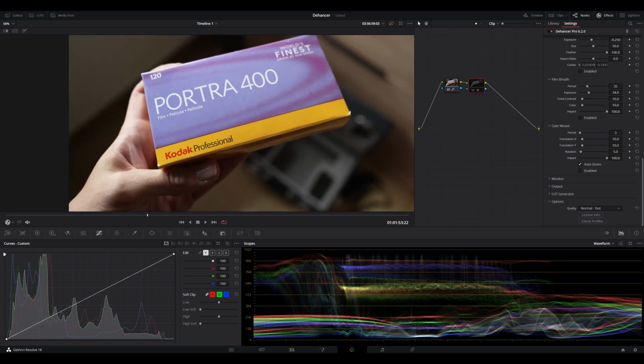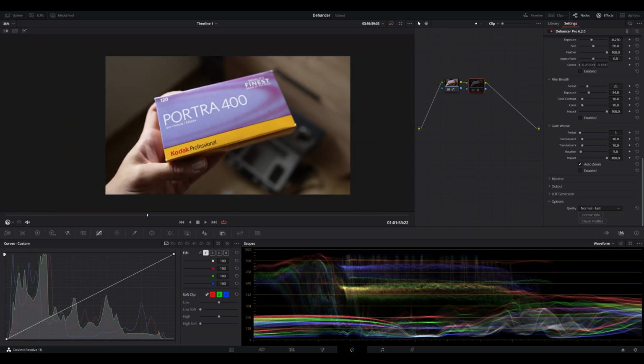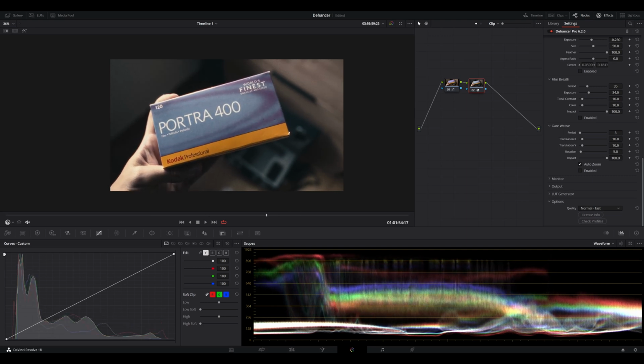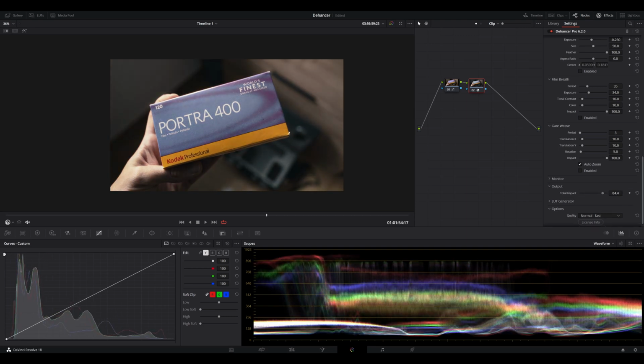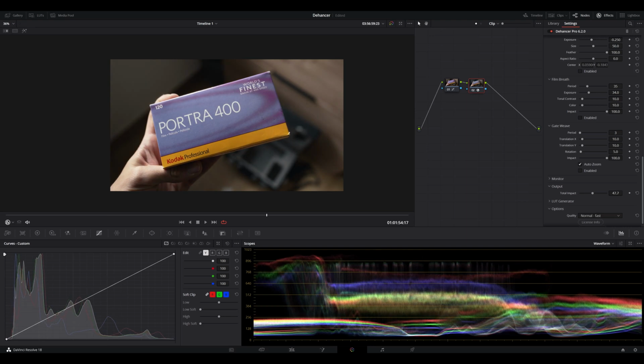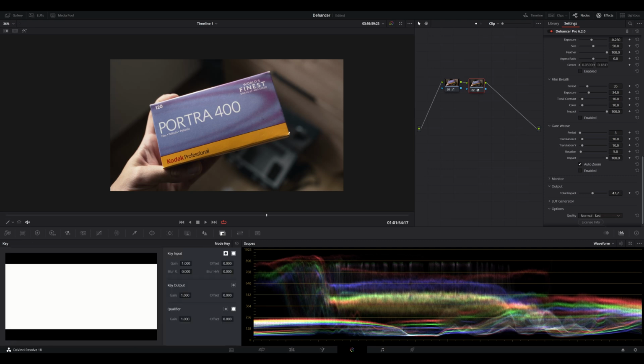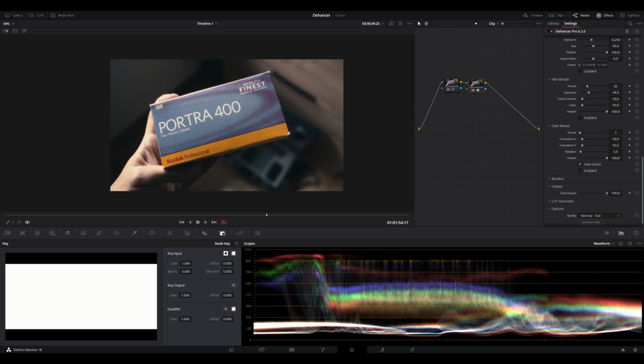We have the Rec 709 here, and then we have our LUT here. If this was too strong, you could just go into the output there and fine tune the impact. So you don't have to go into the transparency of the LUT in DaVinci, but you can fine tune this with very subtle adjustments so that you find what works for you. Now this is maybe a little bit too strong, so I would go around 75%,